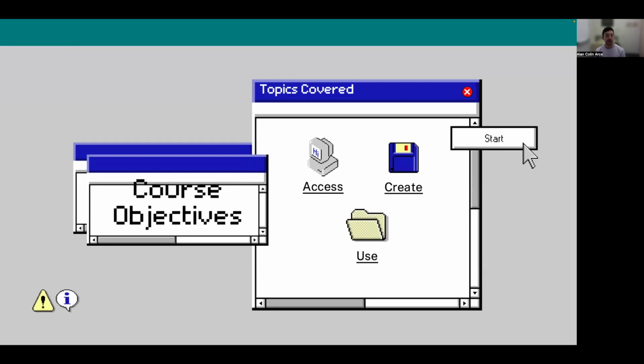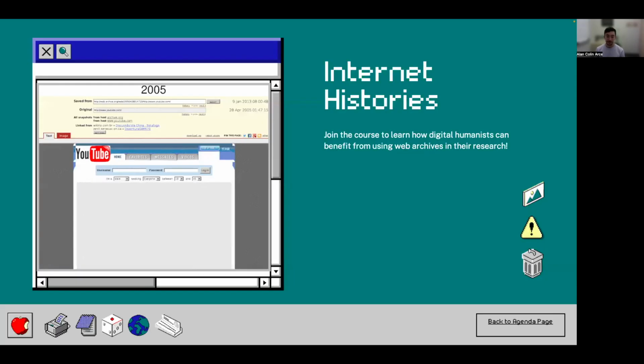The course will provide an overview of what web archiving is and why it is important, describe the current tools for accessing and creating web archives, explore how they can be used for research, and discuss the political and ethical issues that arise when archiving the web. The course also has a practical component for you to create a collection of archived websites of your interest, draft an archival policy for the websites you will collect, and begin analyzing your collection.